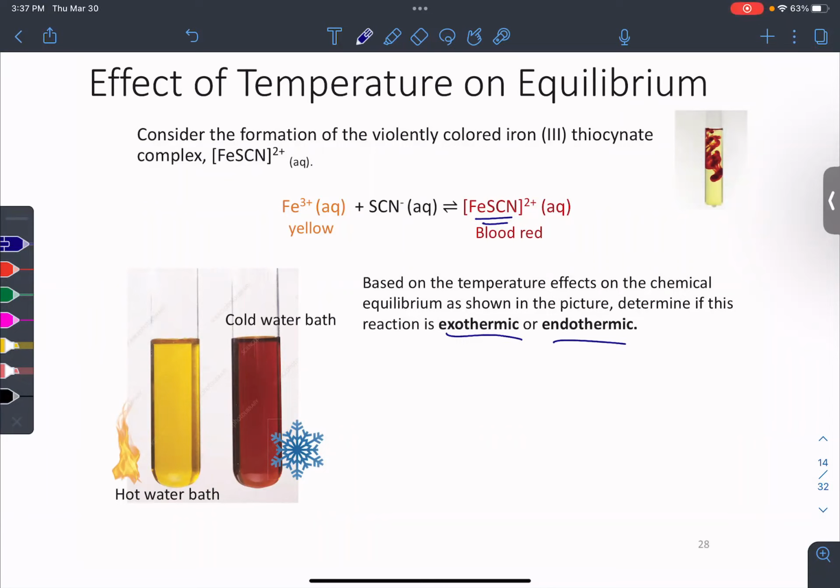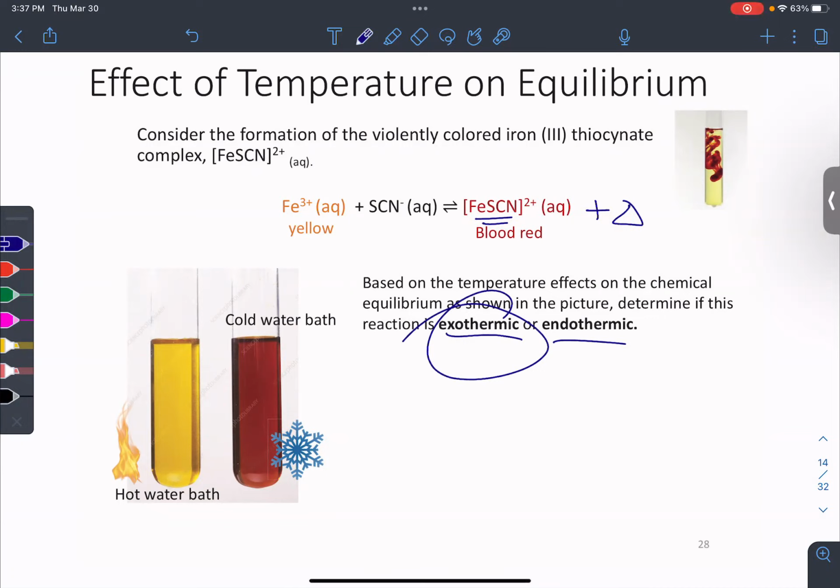So where should I put my triangle? On the right. Okay, so let's test it. Heat it, it should turn yellow. Is that right? Yes. If I cool it, I should consume a product, so it should turn more red. Perfect. Yeah, so I agree that it is exothermic. Is that what you guys got? Okay, good. And to me, it's just guess and check.